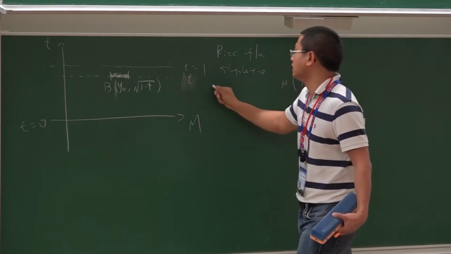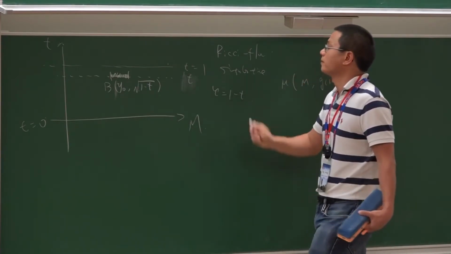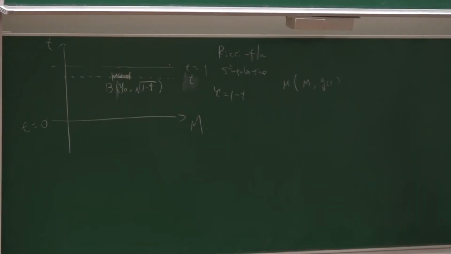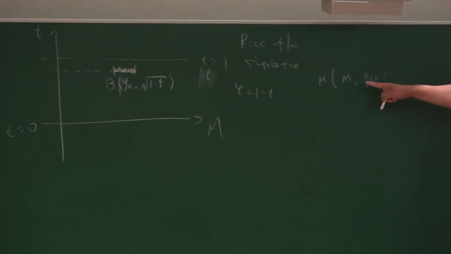This is a general t. Let tau be 1 minus t. So the radius is the square root of 1 minus t. So this is the mu functional